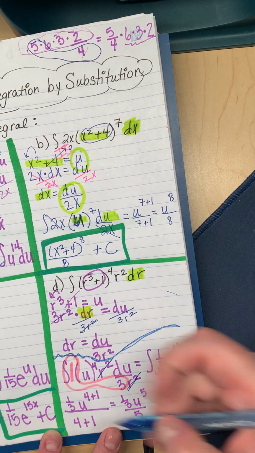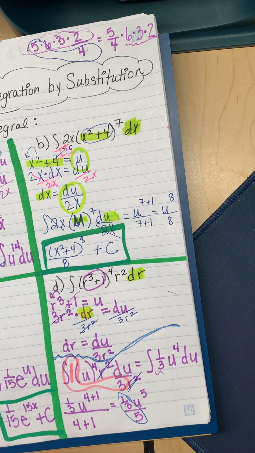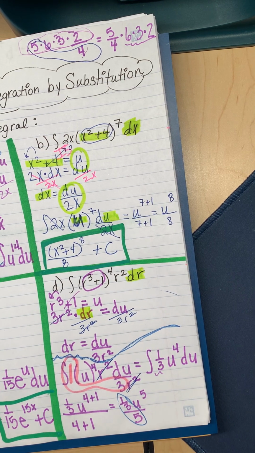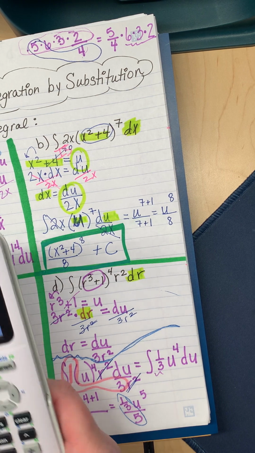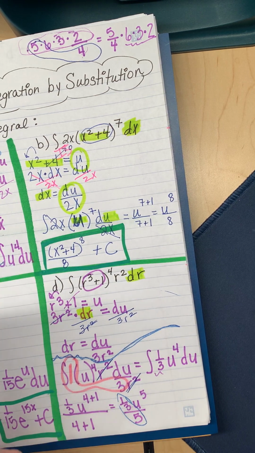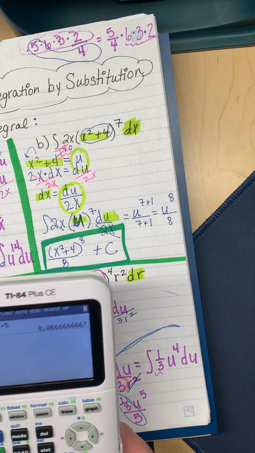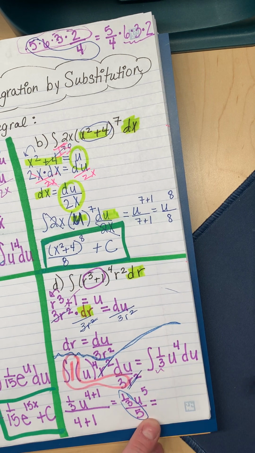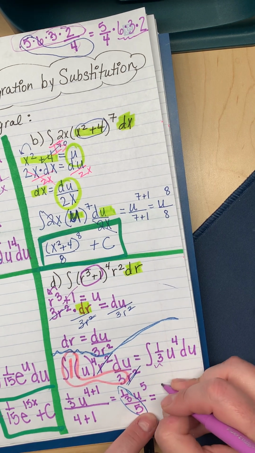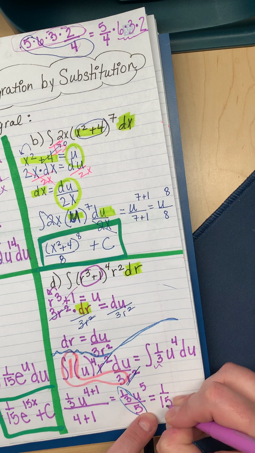Then we're going to divide these in our calculator like we were doing in 12.1. And I'm going to put parentheses around the 1/3 because I'm paranoid. Parentheses, paranoid. Press math, enter, enter. And I get 1 over 15. What? This trickery. Okay, so we get 1 over 15. And I'm running out of